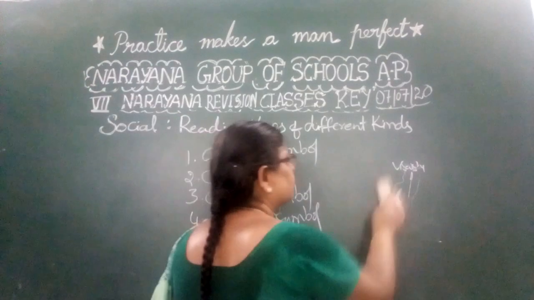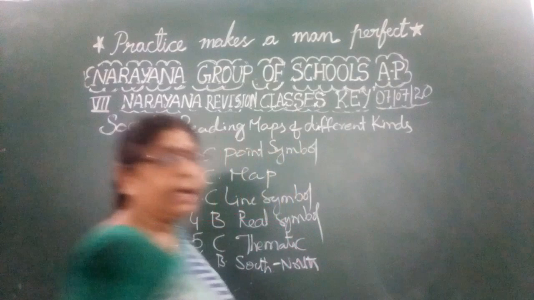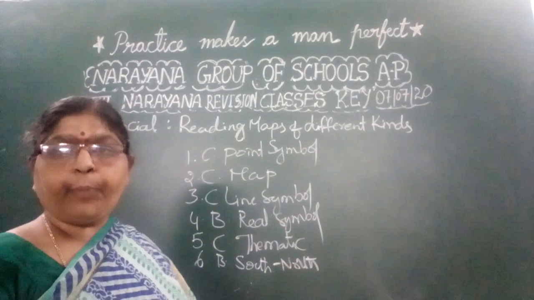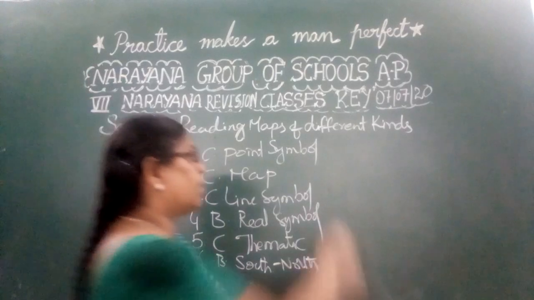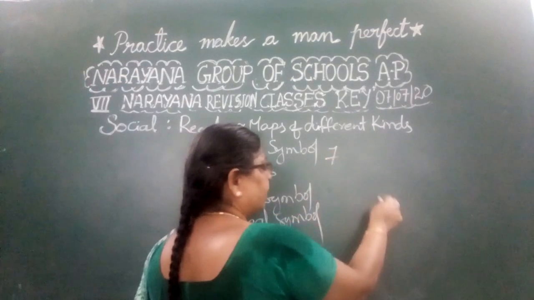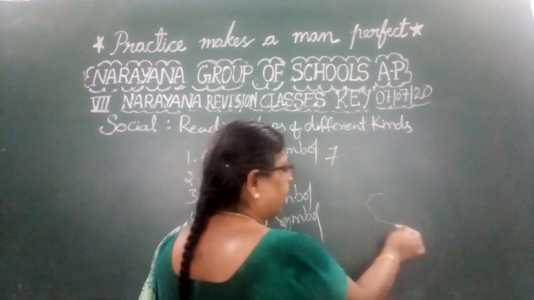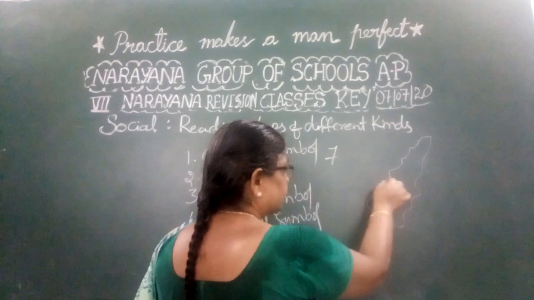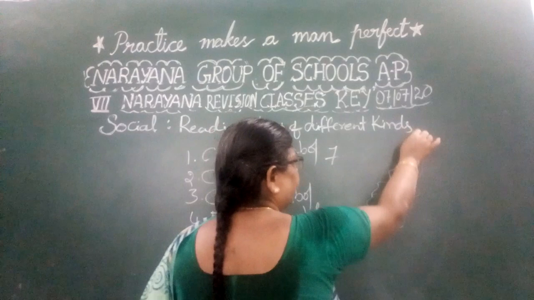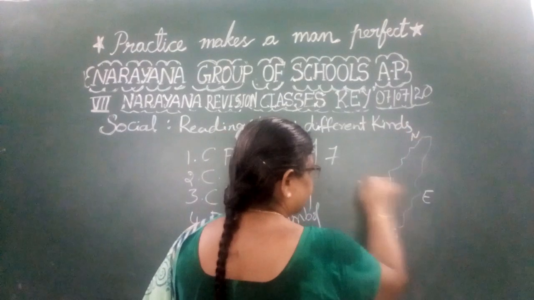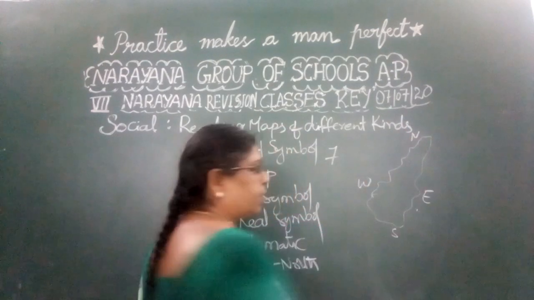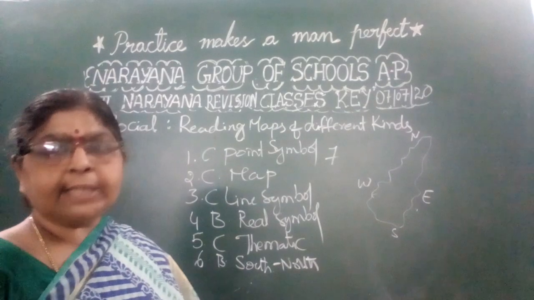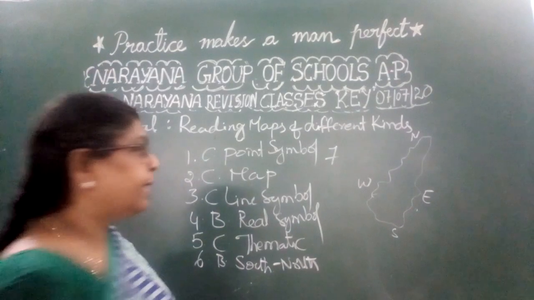Now you are asked to draw the rough map of Andhra Pradesh. Try to learn that with the help of your map book. Already you have the map books. Anyway, just now I have drawn this. Roughly you can draw the map, and the map should also show all the directions, that is north, south, east and west. Like this you can draw the map, right children? And you need to explain the symbols and the directions.